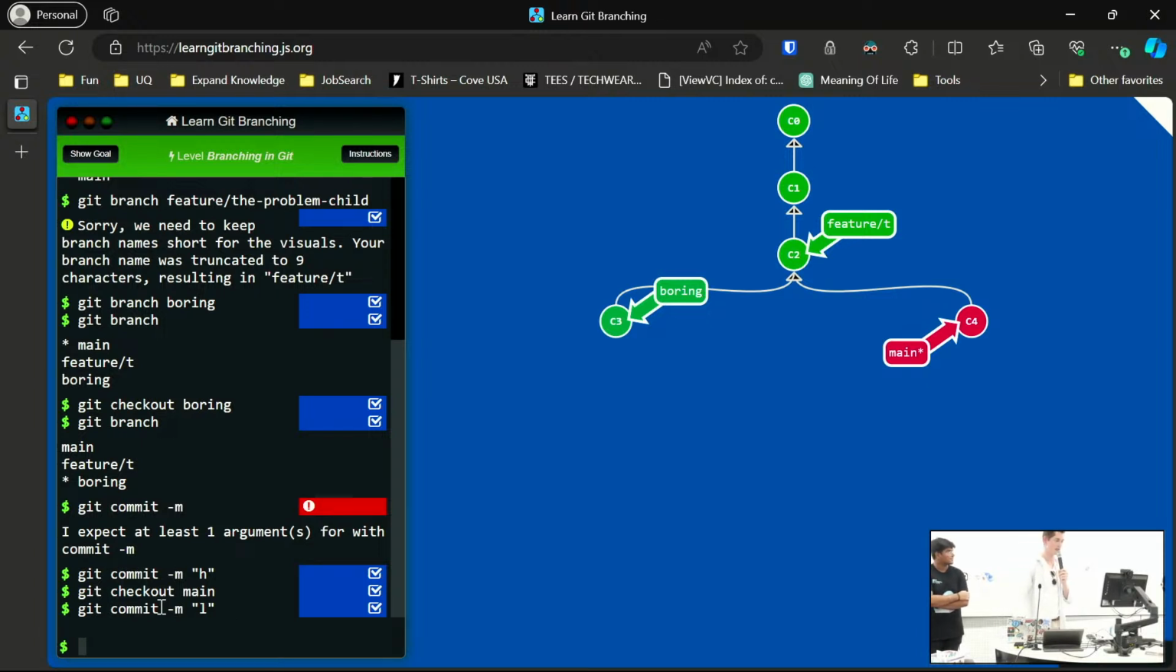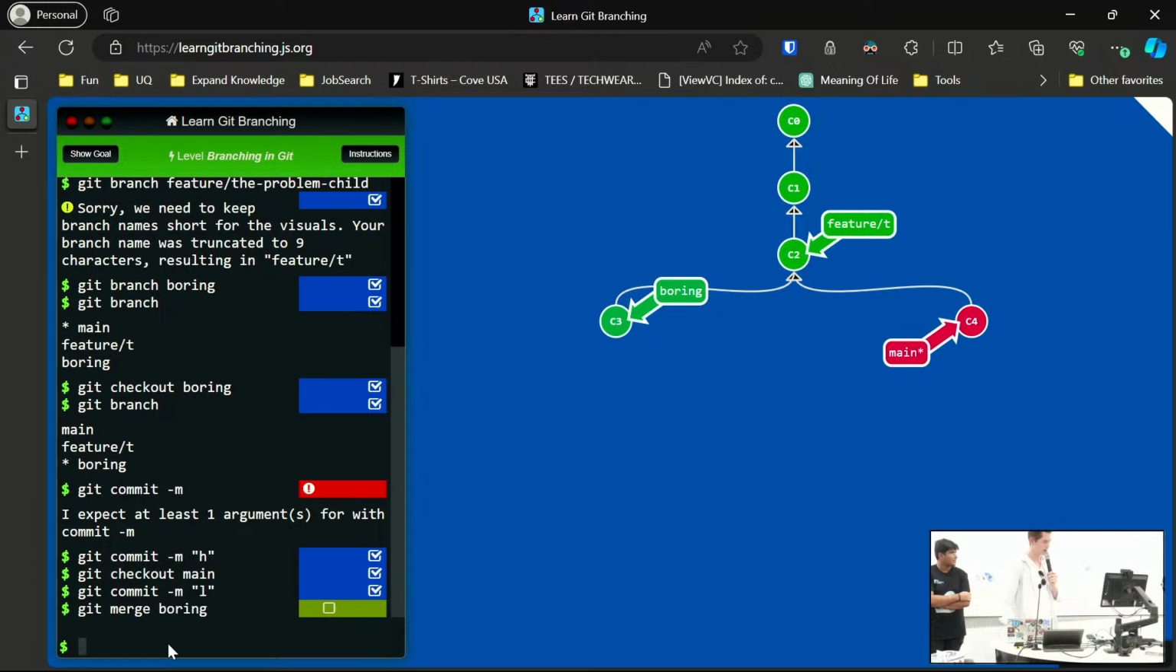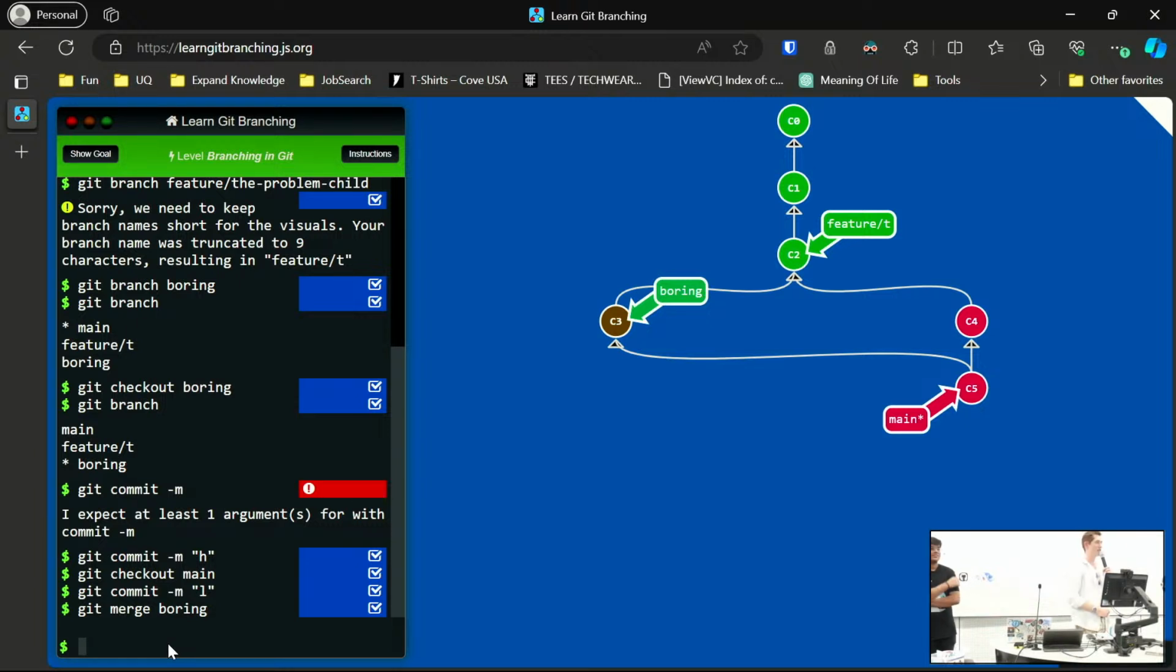Now, say I'm on that main branch, I'm like, okay, well, I actually want those changes from Boring. I say git merge Boring. And now there's a new commit. It's another line in the sand, but this line in the sand is saying all those changes that we did in that branch are now in our branch. So that's all Git merging is doing. It's just merging